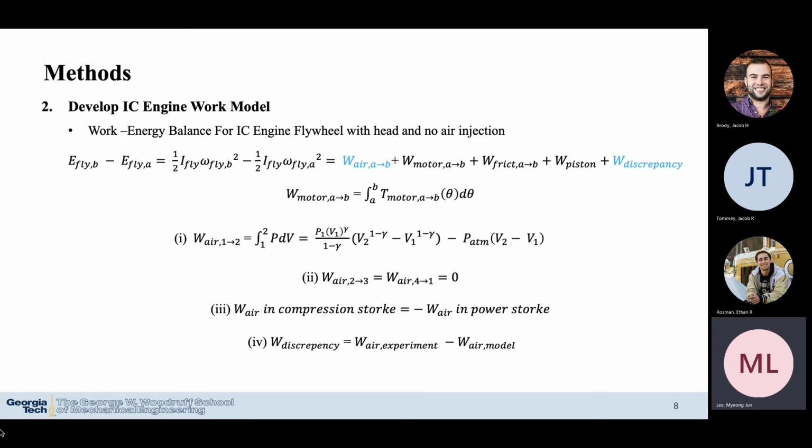air not being injected into the engine. This is done on engine piston positions 2 to 3 and 4 to 1. On equation 3, due to no air injection, the work done by the air in the compression stroke is the negative of the power stroke. Equation 4, the discrepancy work, can be calculated by subtracting the work done by the air by the experiment from the work done by the air by the model. The work done by the air by the experiment can be calculated by applying